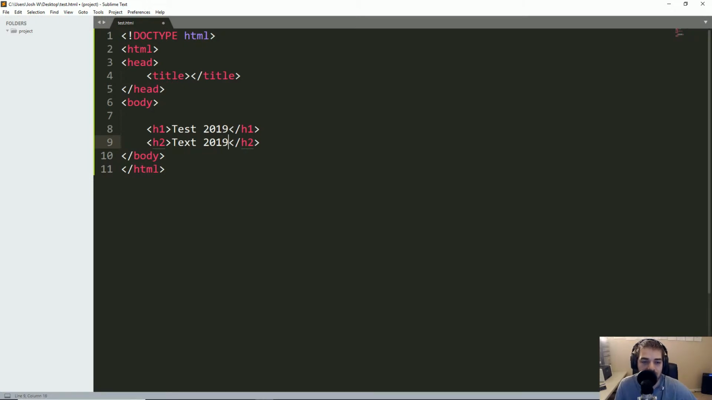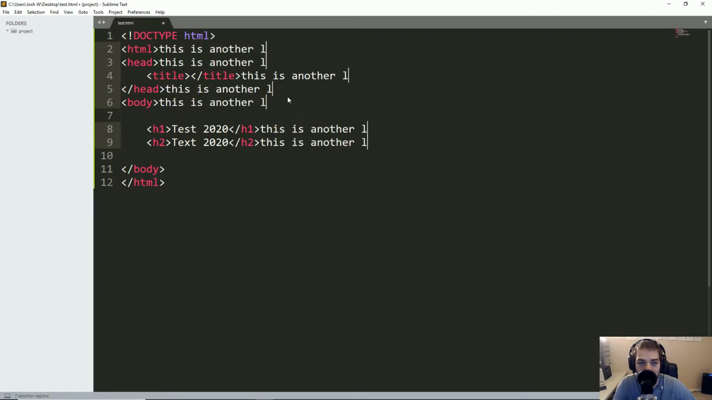Now let's say that you wanted to edit these two, and you wanted to change it to 2020. So what you do is you double click on the first one and then hold Control and double click on the second one and type in 2020. Okay, so it gives you the ability to do multiple lines of editing. So if I wanted to edit here and here, here, here, here, here, here, you just hold Control and click, and then you can start typing. This is another line here. Okay, so now I just edited